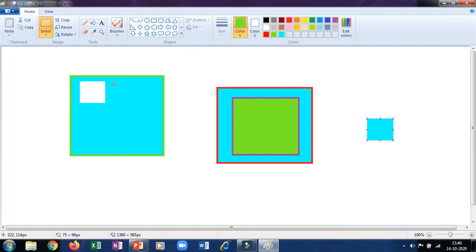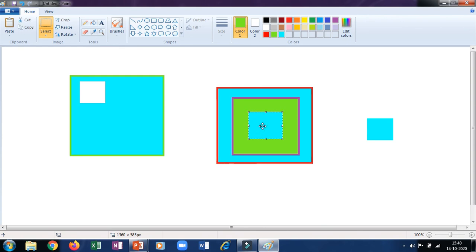And when you want to copy, you have to first select and then click on copy. If anything is not selected, see the cut and copy options are not activated. So first select the area using rectangular selection and then copy, and after copying, see the paste option is also activated, just paste it. Whenever you paste, it will be pasted on the upper left hand side. And then wherever you want, you can move it. This way you can select the part.